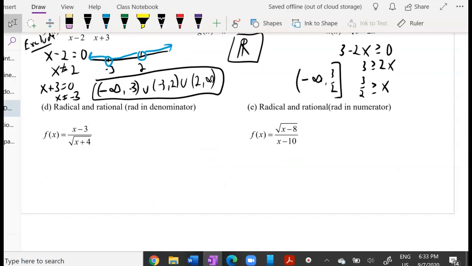All right, the fun ones are when there's something more. So there's both of them in there. There's both a radical and a denominator. So we've got to think about this a little bit more carefully. So I'm going to let you try to do this. I'm going to find the exclusion